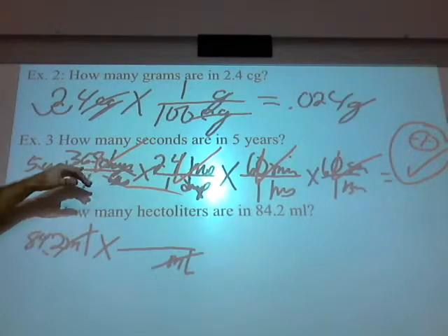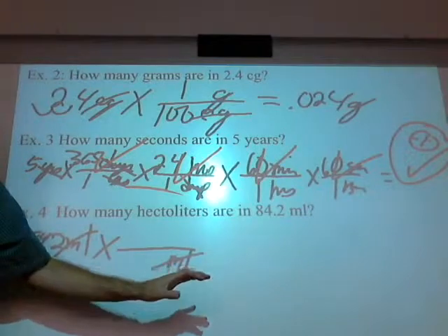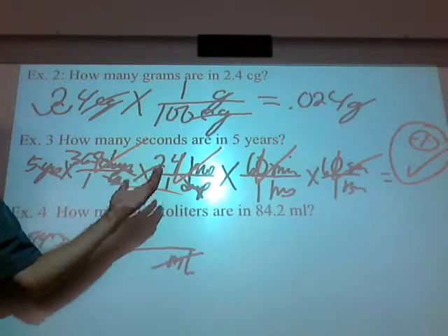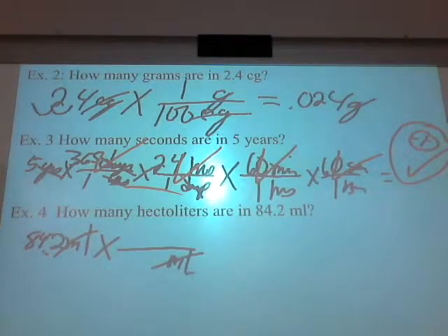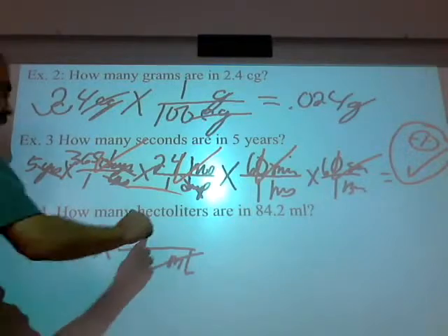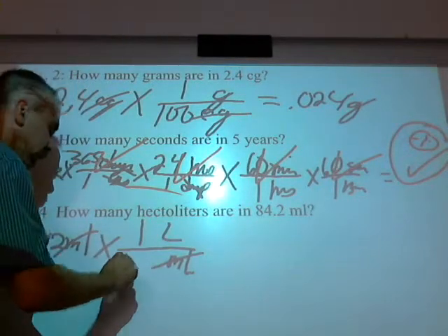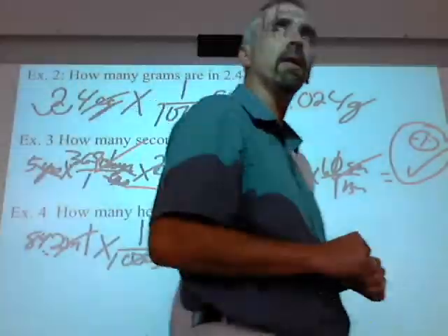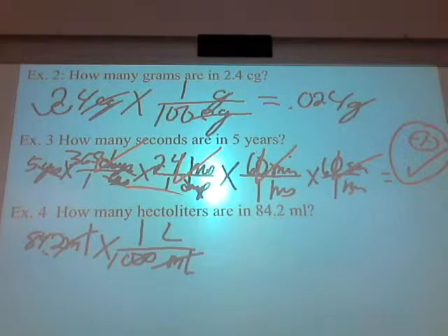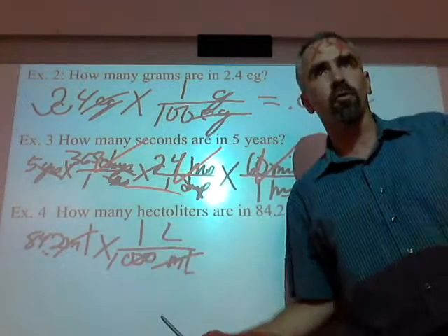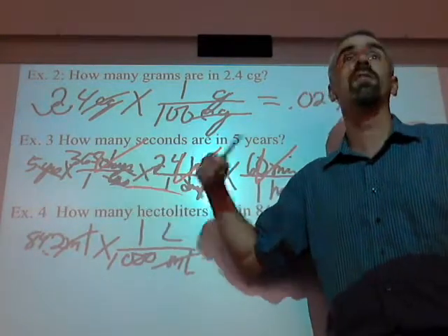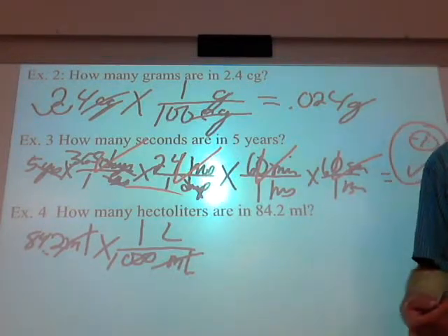And just like most of you don't know how many milliliters are in a hectoliter. But you do know how many milliliters are in a what? A liter. So I'll put a liter on top. 1 liter contains 1,000 milliliters. See it? You say, well, that doesn't give me the answer. You're right. It doesn't give you the answer. But it gets me closer, just like converting years to days got me closer to the answer, right?